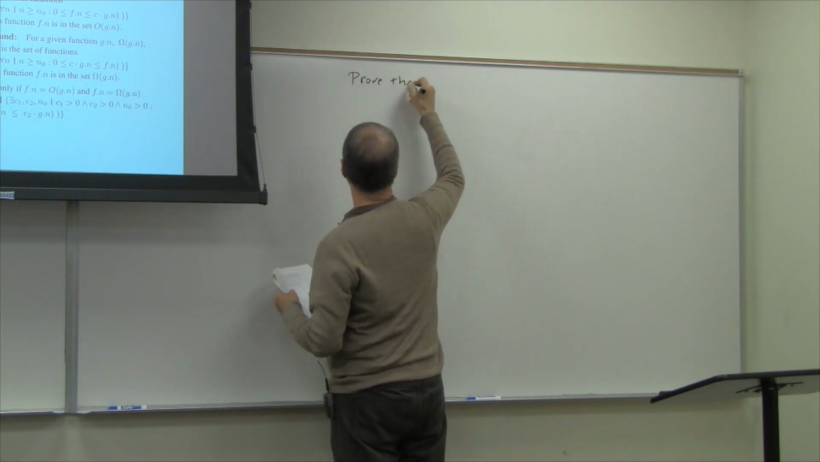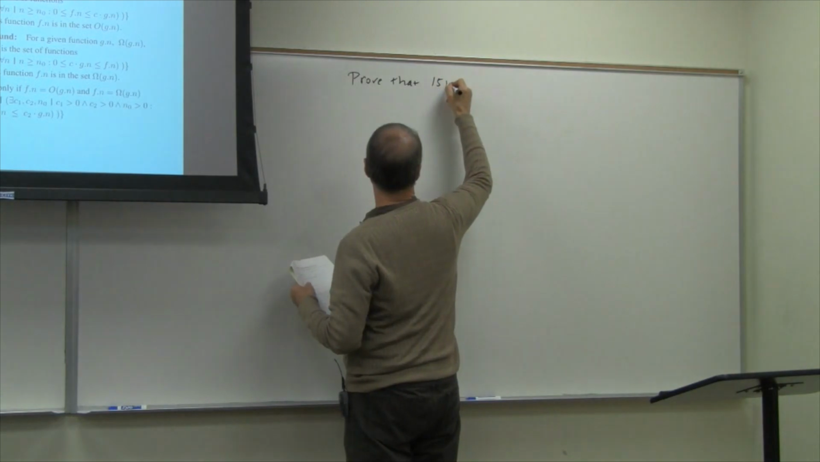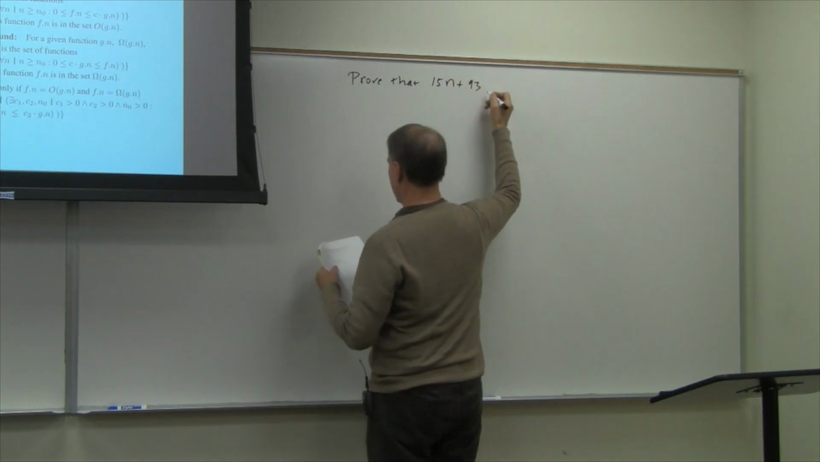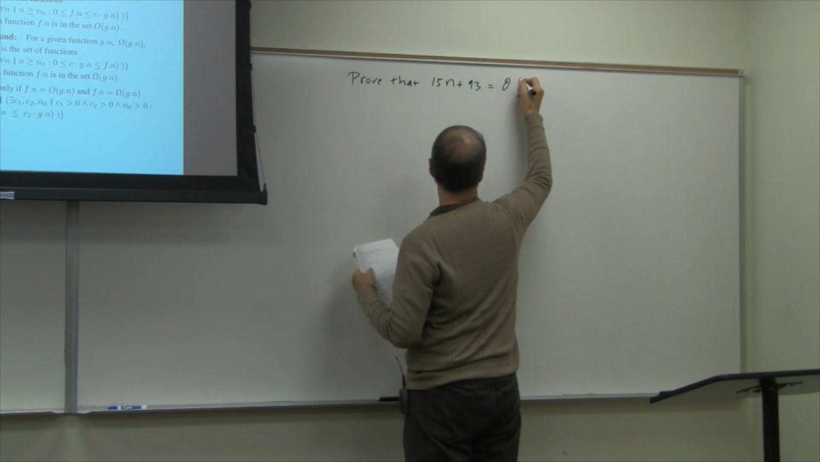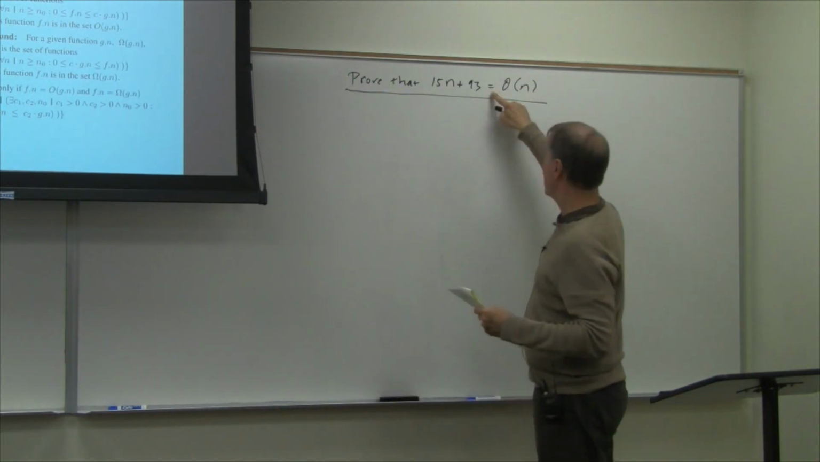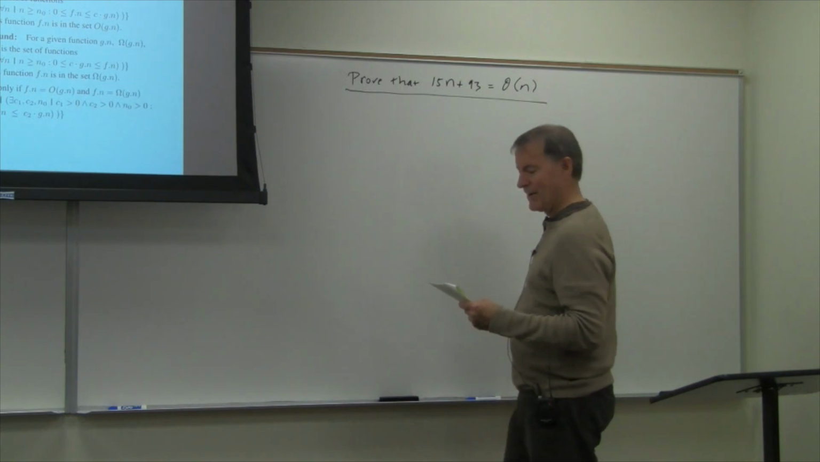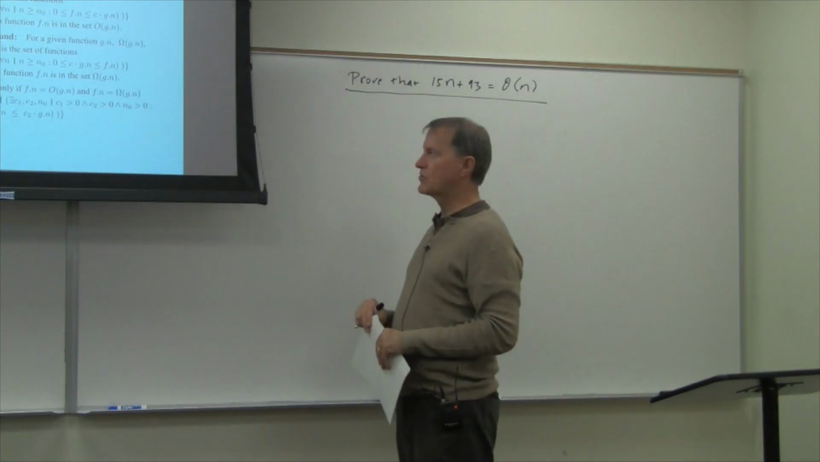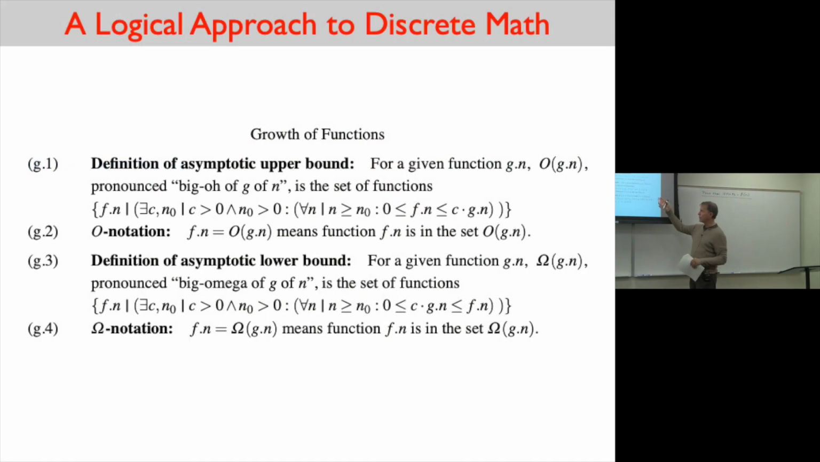Prove that 15n plus 93 equals big O of n. And really this means is an element of this set. Now here's the way you always do this. What you do is you have to know this. What we have to prove is this. So we must show, and you need to write this down every time, must show